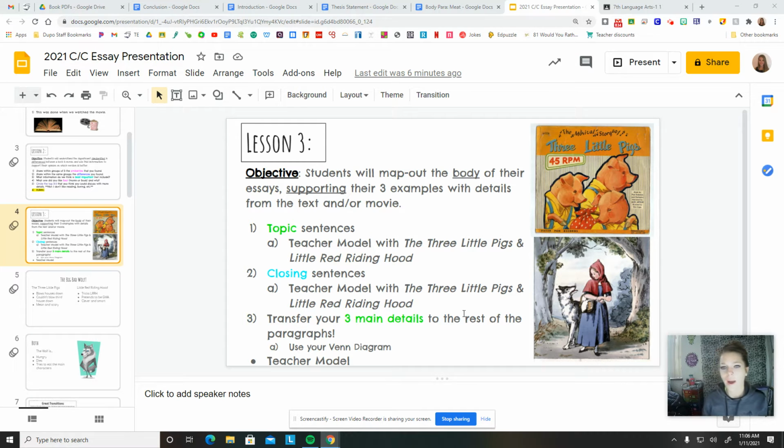So I'm going to start off by kind of explaining an example using the Three Little Pigs and Little Red Riding Hood because I'm pretty sure most of us have read those stories. So it'll be a good way to give an example and model for you exactly what you should be doing with the book and the movie. So today our goal is to be able to map out the body paragraphs using supporting examples from the